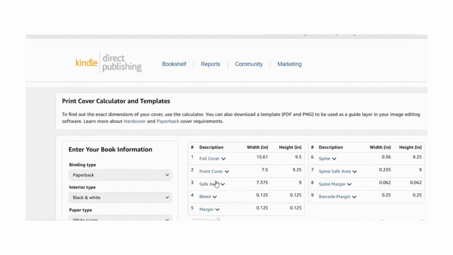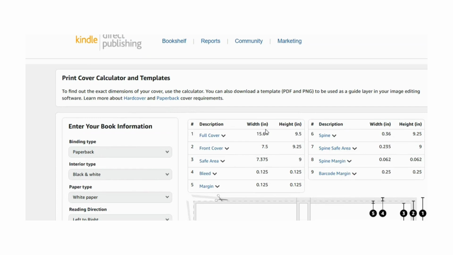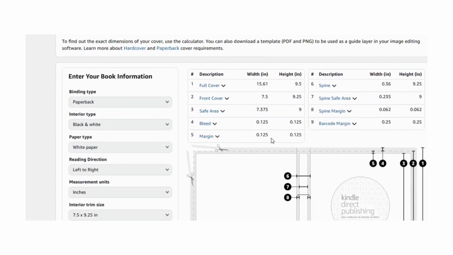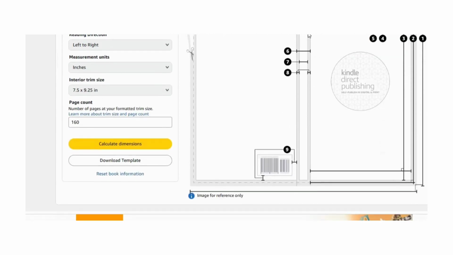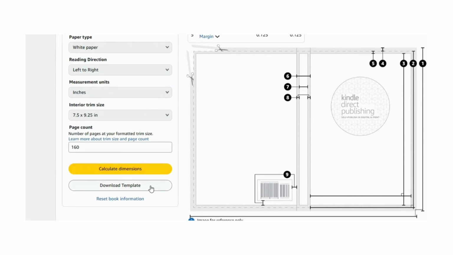After that, you should see this template here with all the information needed for your book cover. Now this will be the size of the cover, 15.61 by 9.5, and these are the rest of the measurements on the book. They're not really important, but if you guys would like, you can pause to read. And now this is me showing you guys the spine of the book, the bleed, and that's it. Now I'm going to download the template,